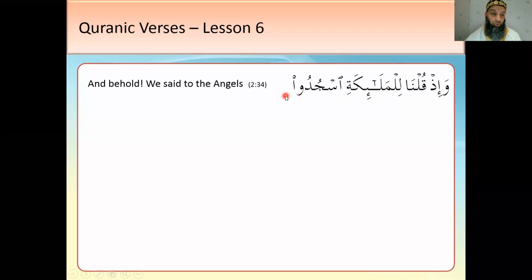So, tisjudu. Really, this word is usjudu, but when you join it on, it becomes tisjudu. It's got the word sajada in there. What's sajada mean? To prostrate. But it's a command. We've not done this command yet, but look at the ending. We know this ending is plural, like katabu, qalu. But this is another type of word. This is a command verb, a command form. Fi'l amr, you call it in Arabic. We'll do command inshallah later on. So when he said to the angels, usjudu, tisjudu,